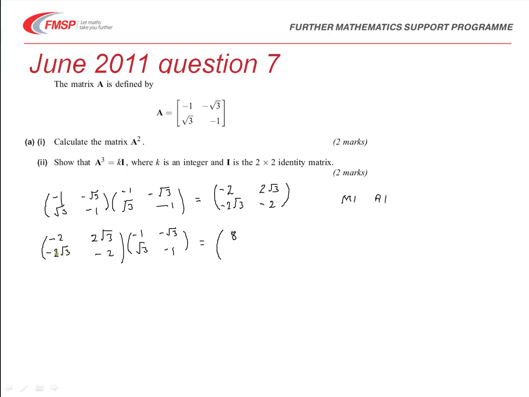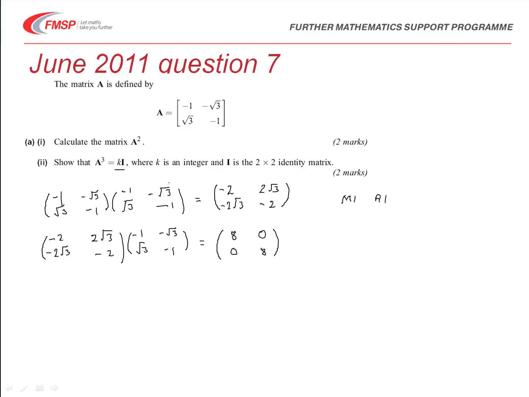Similarly the second row with that first column gives us +2 root 3 and -2 root 3, which makes 0, and the top row with the second column gives us +2 root 3 and -2 root 3 again, which is 0, and then finally we get the second row with the second column, which gives us +2 root 3 times root 3, which is 6, and then -2 times -1, which is +2, so again that gives us 8. So there is our solution, 8 0 0 8, and if we look at the question it says we've got to write it